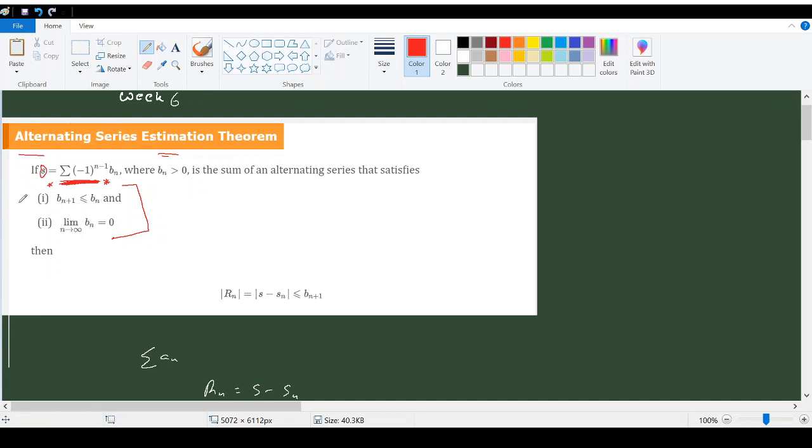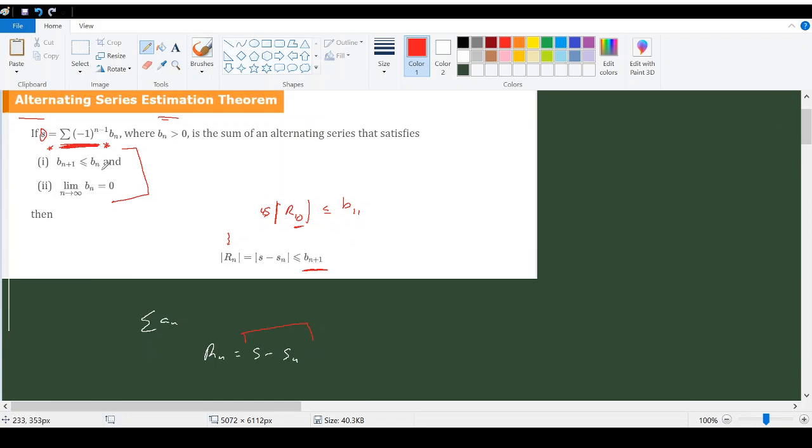then the modulus of Rn will be less than or equal to Bn plus 1. So simply, the modulus of R10 will be less than or equal to B11. That's just one greater than the number that we are going to consider. So that means, if we say